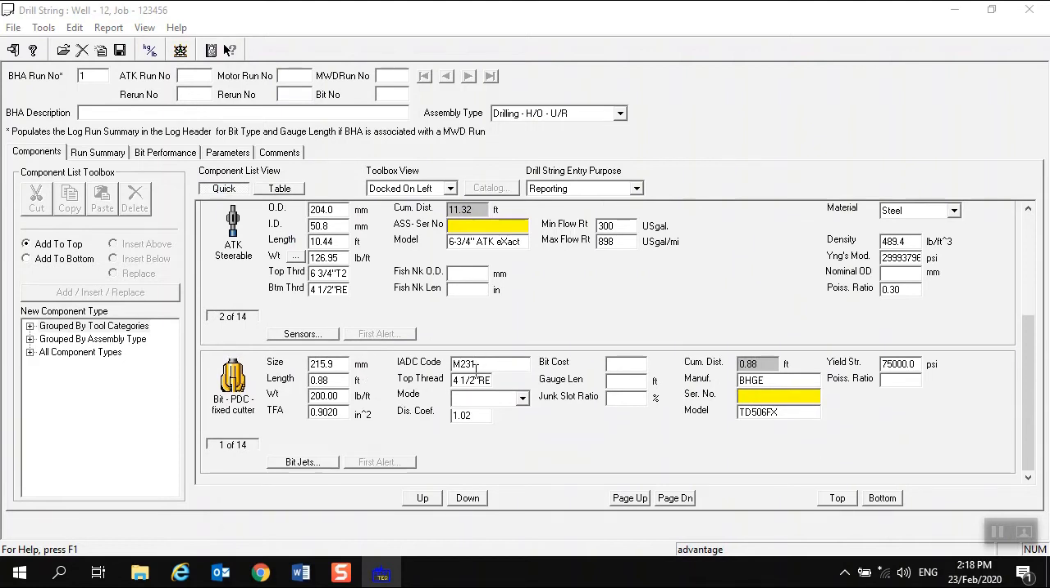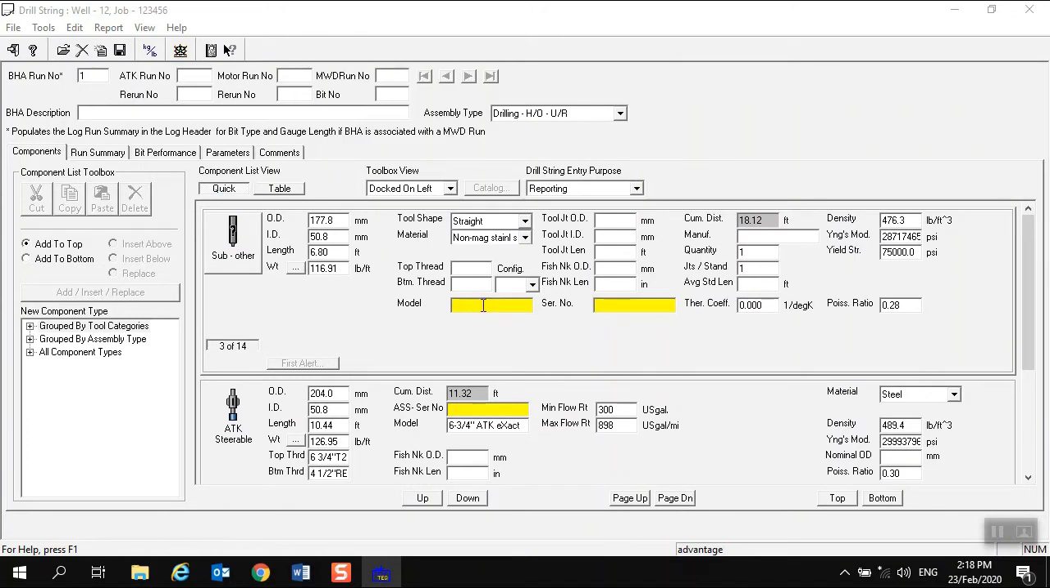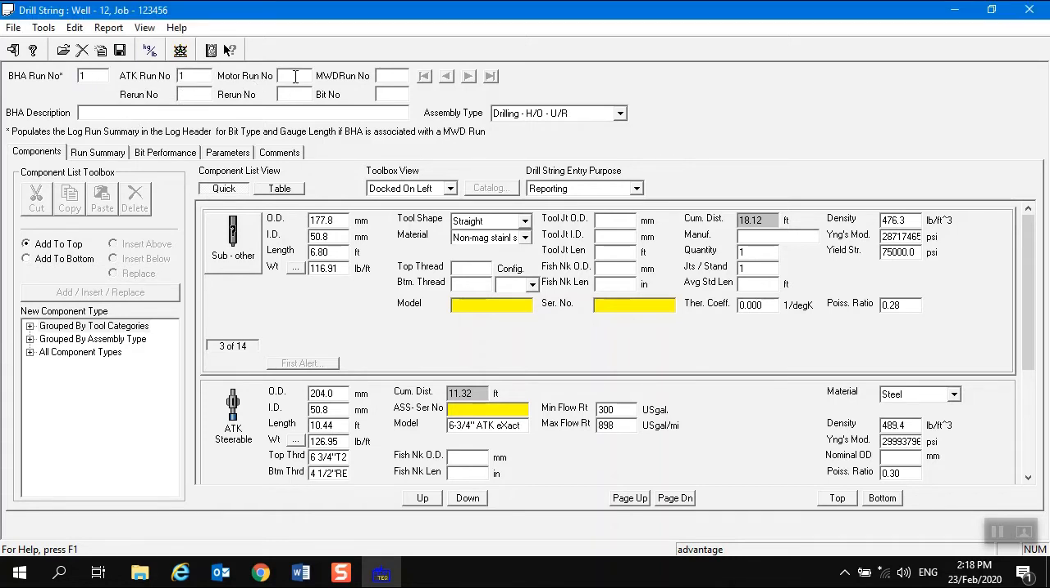Yeah, so you see I still miss model and serial numbers, but again, it's manageable. So now when my BHA is here, I would like to specify some numbers regarding the BHA run number, the AutoTrack run number, MWD, and just give a short BHA description. Like in this case, this is the first run for AutoTrack, there is no motor in the BHA, first run for MWD, no rerun, the bit is brand new, and